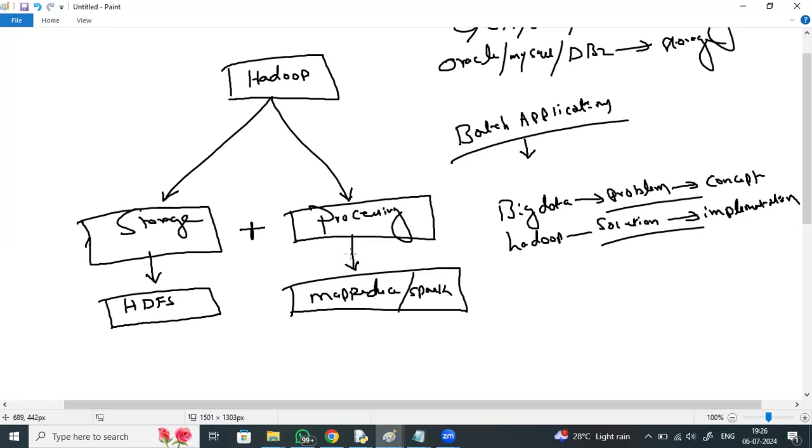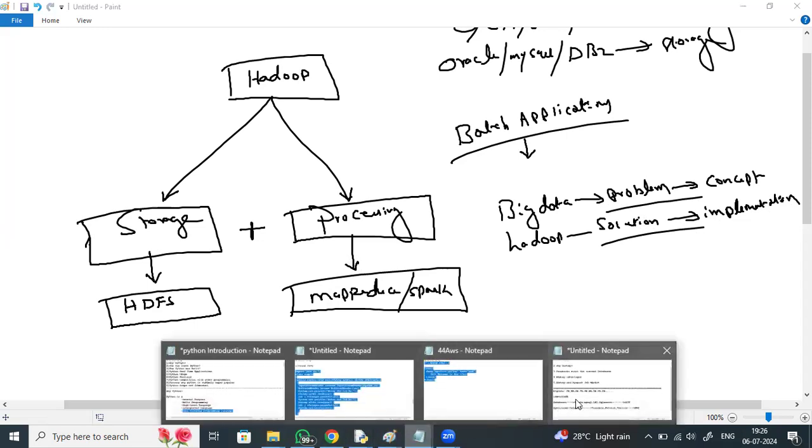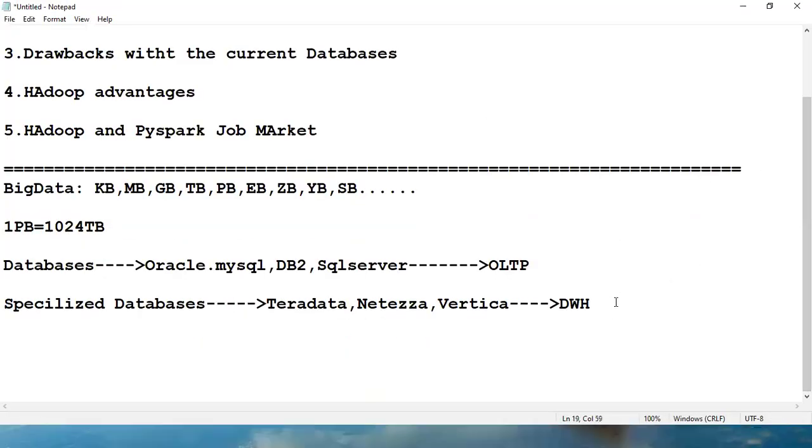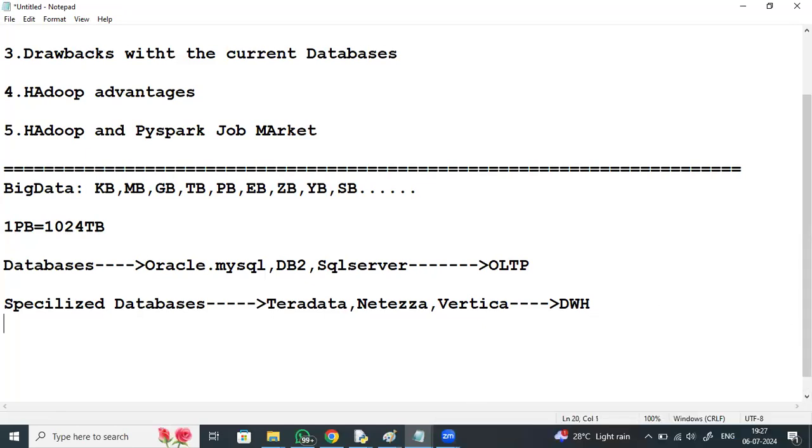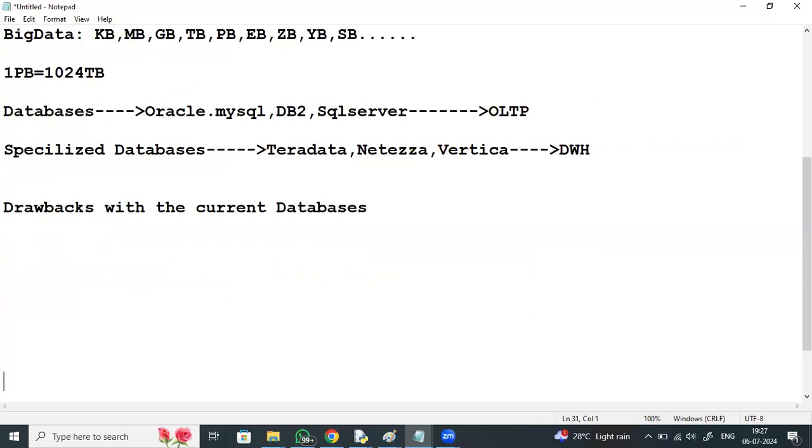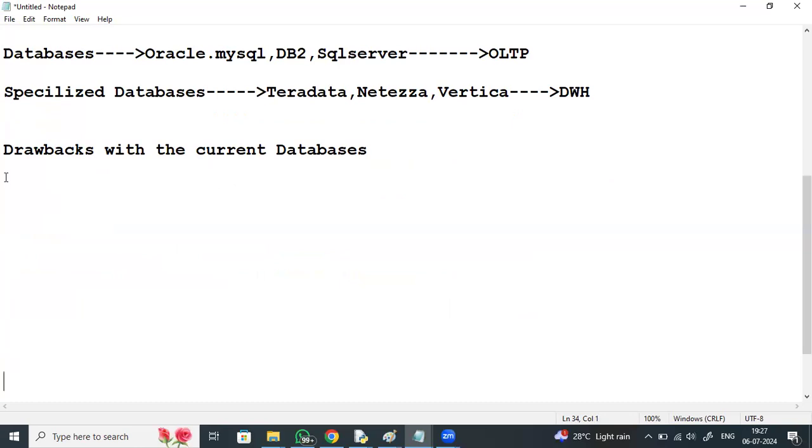Why are databases unable to store Hadoop's data? Why are databases not able to store this big data? So just observe the drawbacks with the current databases. First thing is very less storage.